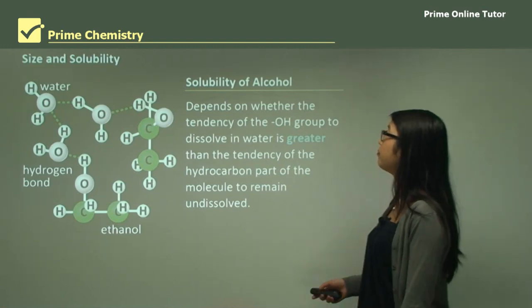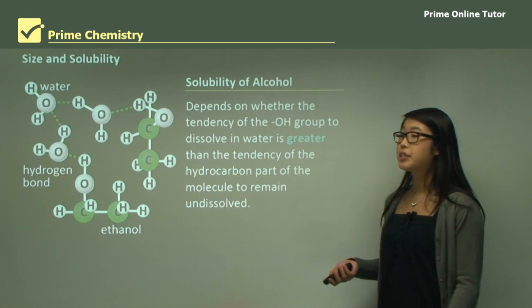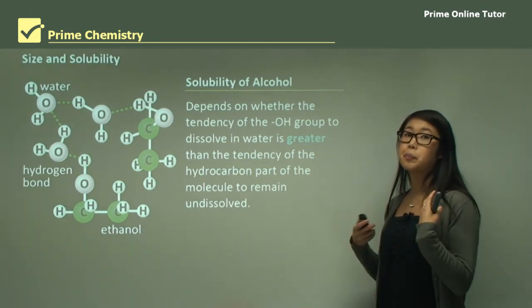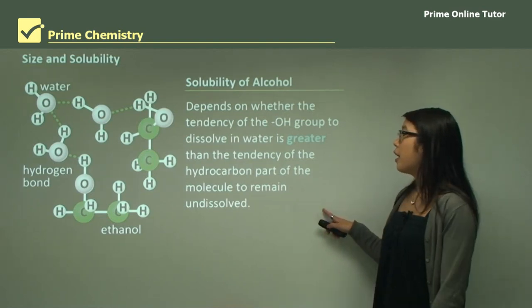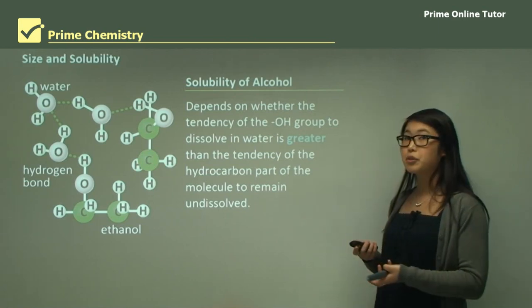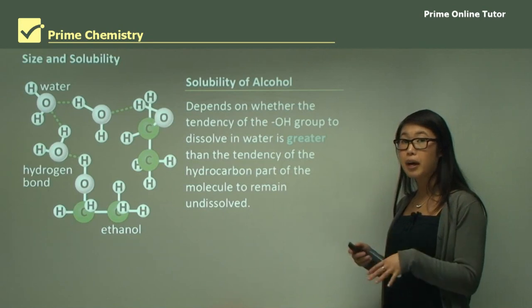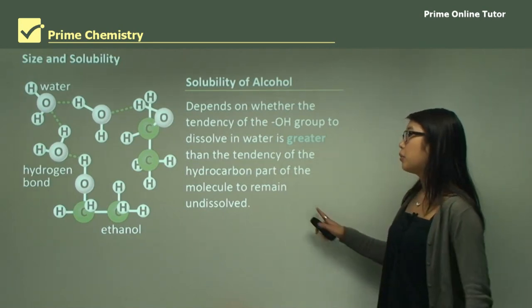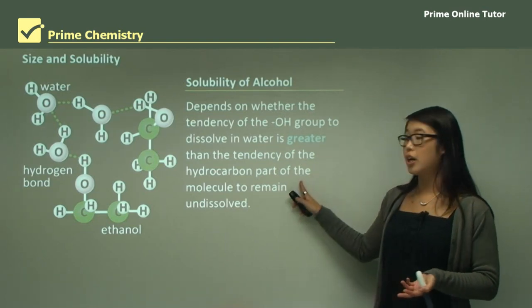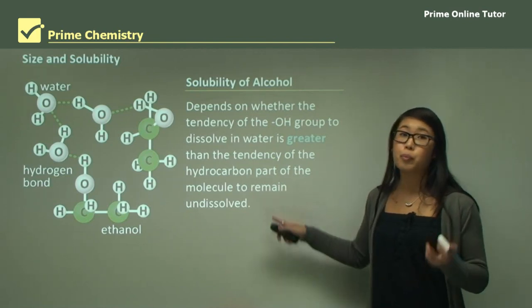and they become the dominant force and therefore can't be dissolved in water very well. So the solubility of alcohol depends on whether the tendency of the OH group to dissolve in water is the predominant force involved. If the forces between the OH group and the water are greater than the tendency of the hydrocarbon chain part, the dispersion forces, then it can dissolve in water. But if it's the other way around,